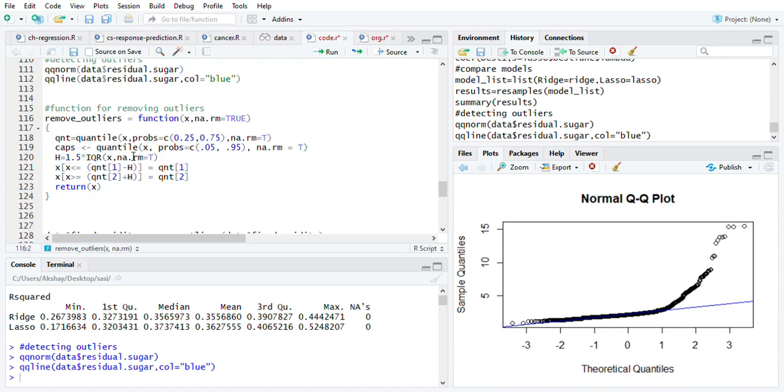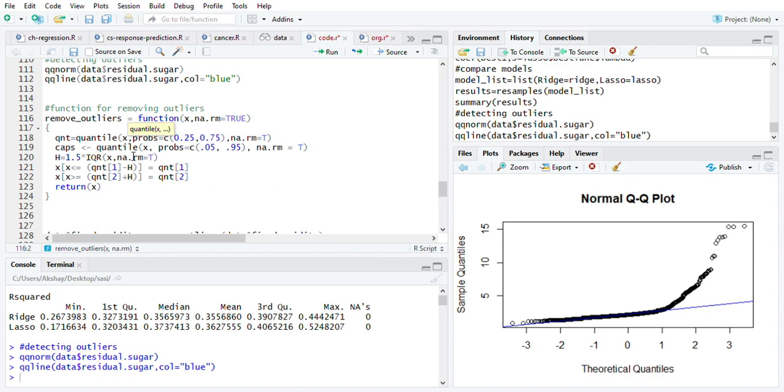Removing outliers. How to remove outliers? There are many methods to remove outliers. In some datasets the outliers are needed, and in some datasets there is no need for outliers. You can replace the outliers with any values, like the average, maximum or minimum of that attribute.